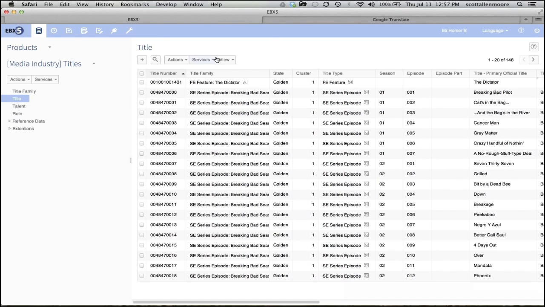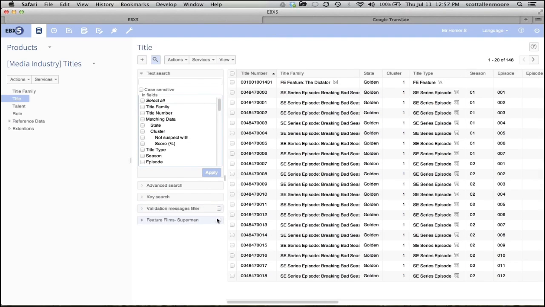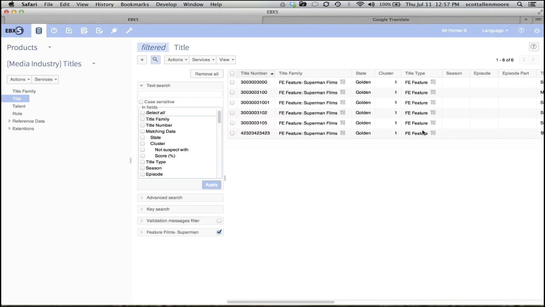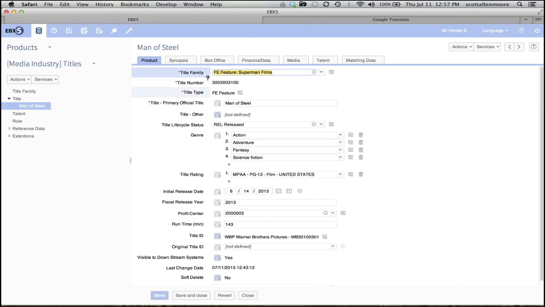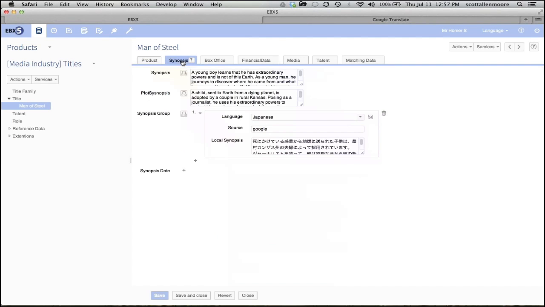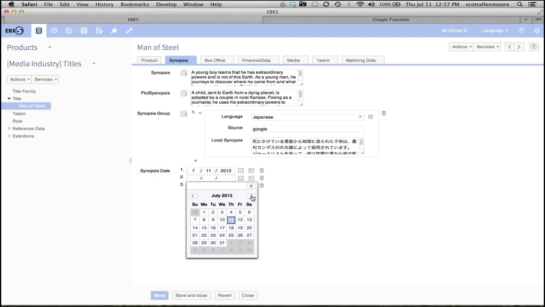So when I look now at, let's say, I'll do that search for Spider-Man again, or Superman rather. Well, let's say I take Superman Man of Steel, and I look at his synopsis. I could see now I have something called synopsis date, and I can add 3 of them. EBX has also generated functions to give me today's date or calendar pickers so that I can use this calendar picker to choose what date I want, etc., and the business rules are run against it.